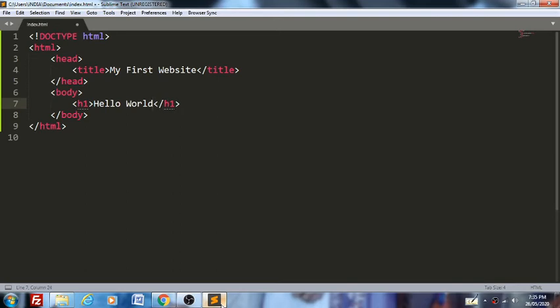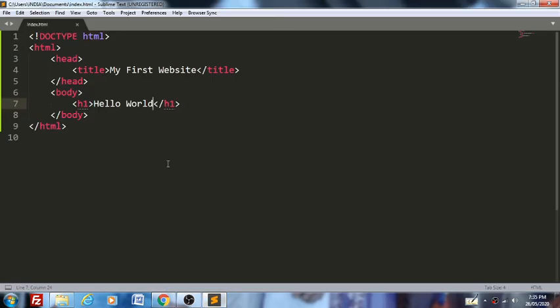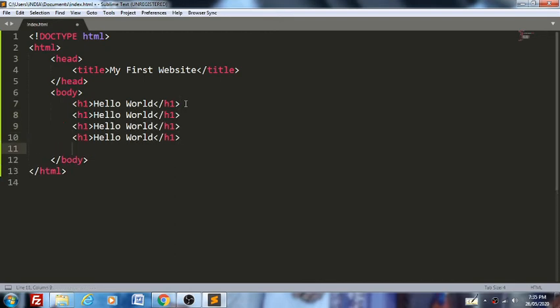Next I will type Control S, open our browser and reload it. Here is how hello world comes. Then we will type all six tags. Copy it and paste it five times.